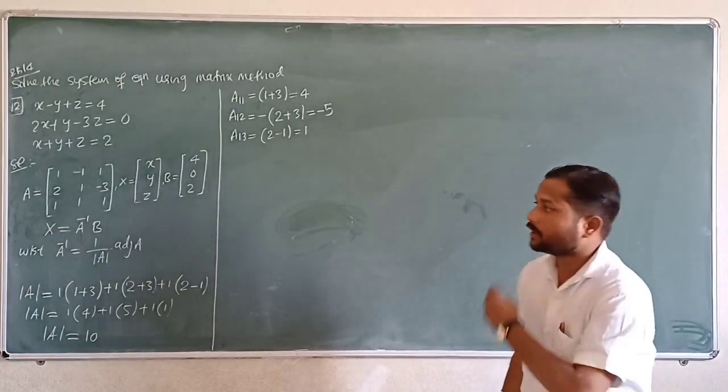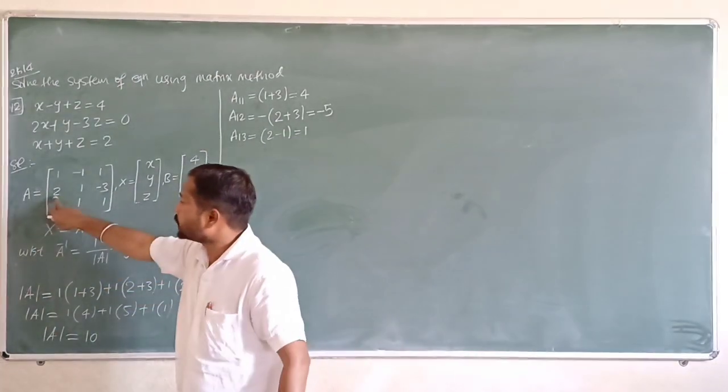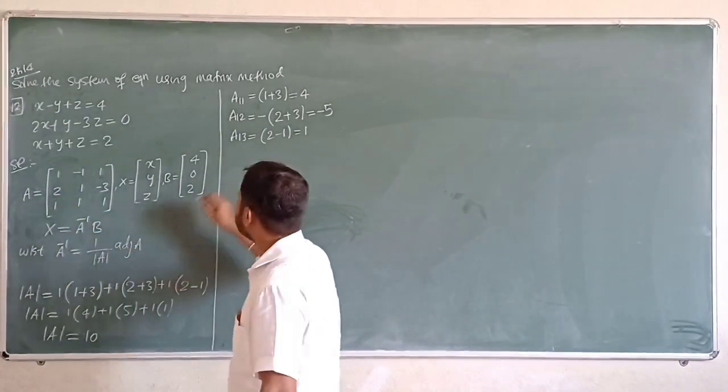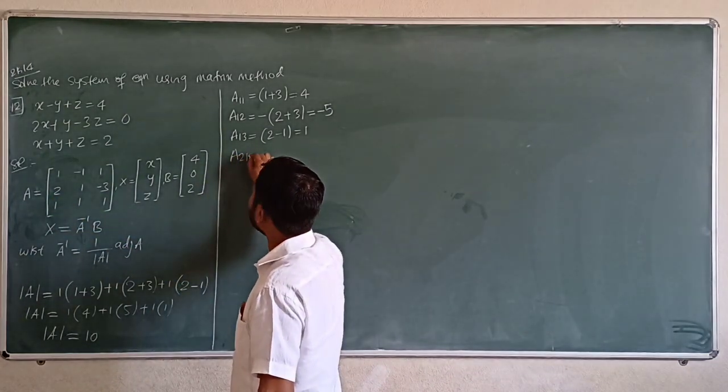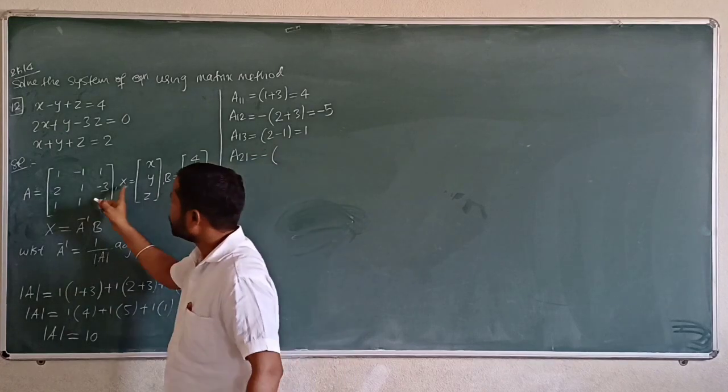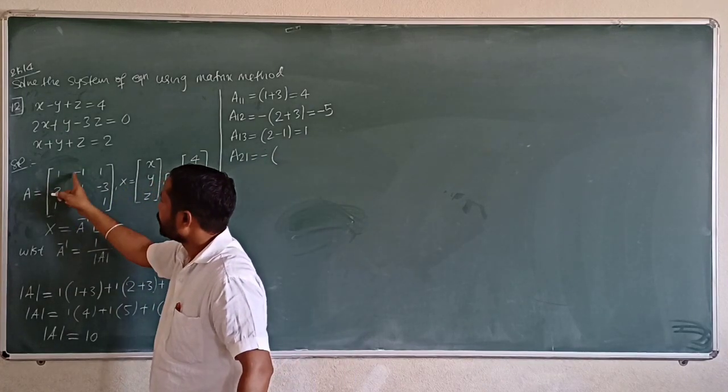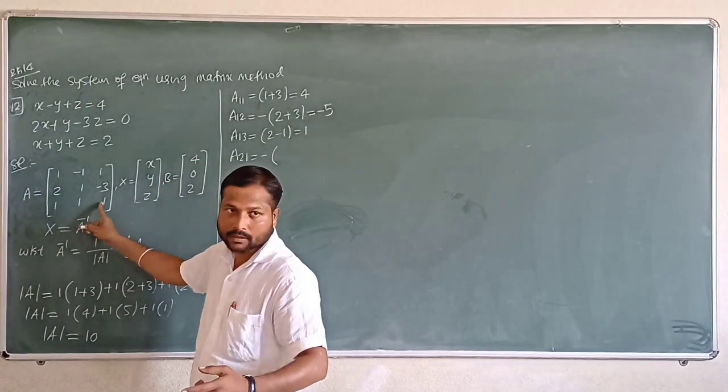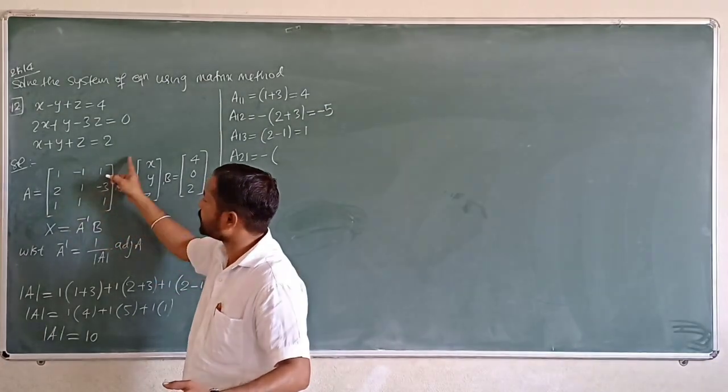Take up second row elements now. That is the A21 element. A21 is positive or negative? Negative. Take this negative into. Delete second row, first column: minus 1 into 1 minus 1. Better. Plus into plus is plus, plus into minus is minus now.